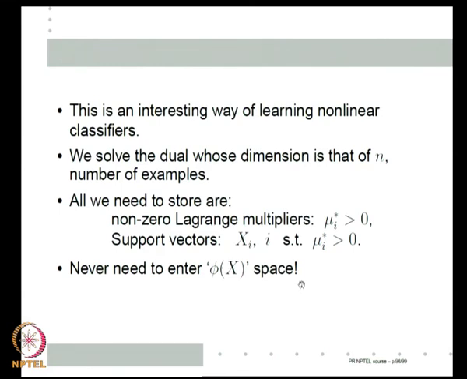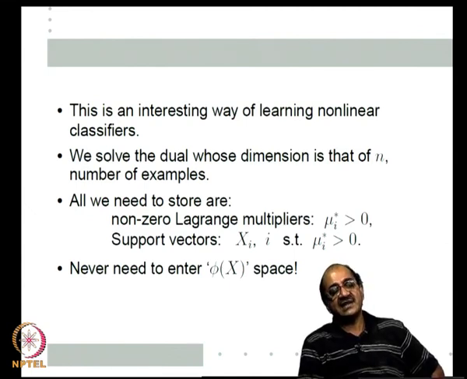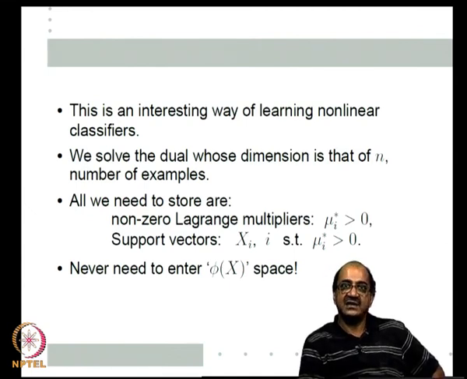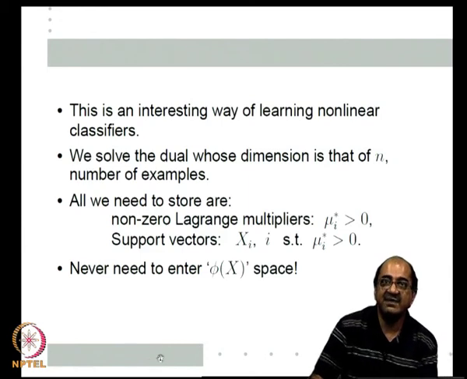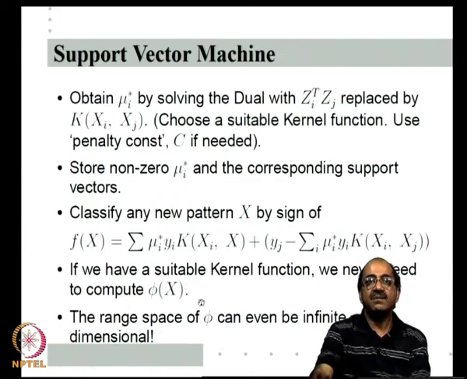Somehow we have to find the right kernel function. We will see next class how we can find kernel functions, but provided that I can find a kernel function k(x_i, x_j) equal to phi(x_i) transpose phi(x_j), in such a way that k(x_i, x_j) is much simpler to calculate than phi(x_i) transpose phi(x_j), then I am done. So, no matter what transformation phi I am interested in, if I can properly find a kernel function to represent it, then I am done. Right.